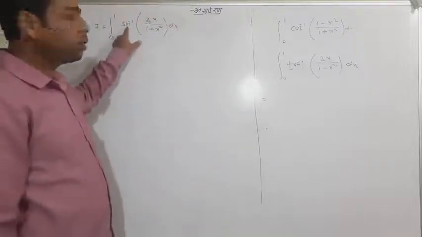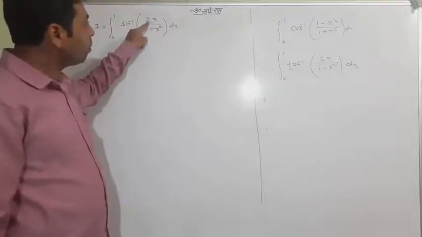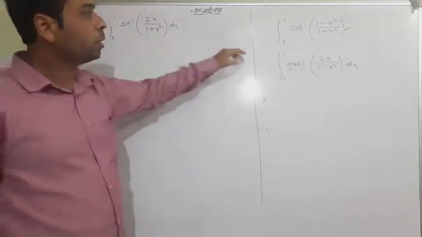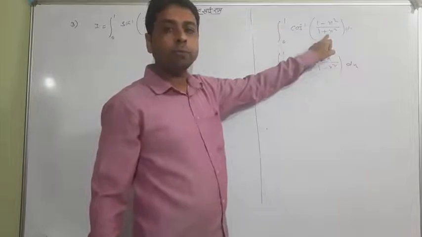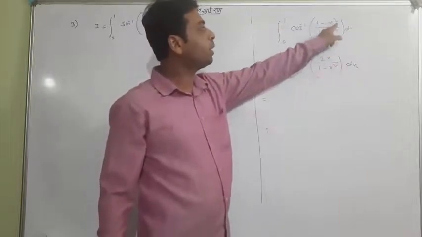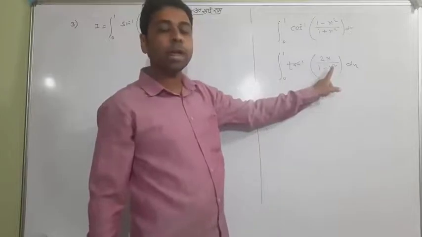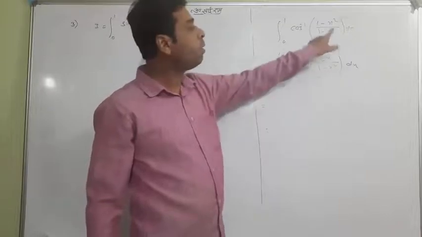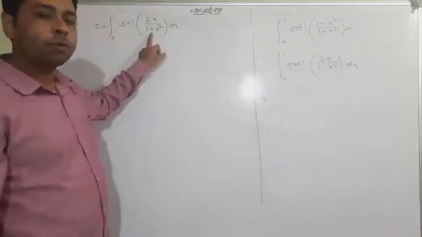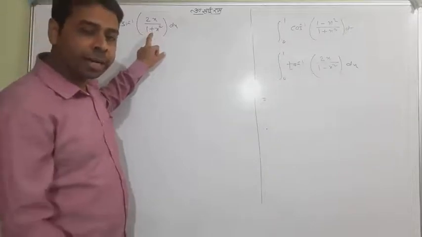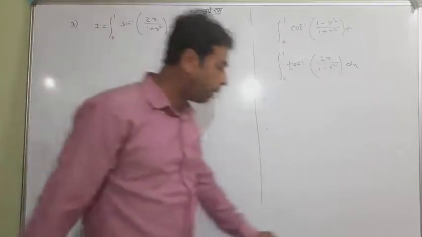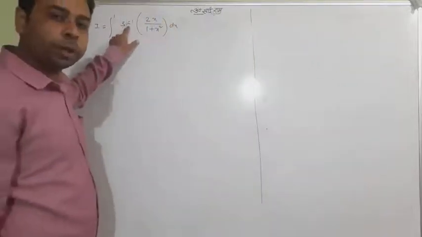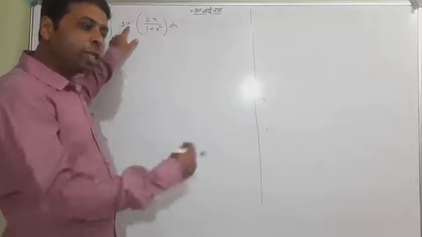Look at, this is an inverse function, and this seems like the formula 2 tan theta upon 1 plus tan square theta. And this idea must be in your mind. This is none else but it is actually equal to the formula 1 minus tan square theta upon 1 plus tan square theta. This is again looking like the formula 2 tan theta upon 1 minus tan square theta. This is the formula of tan 2 theta, this is the formula of cos 2 theta, and this is the formula of sin 2 theta after putting x equal to tan theta. So if this idea is in your mind, you can substitute proper values of x.